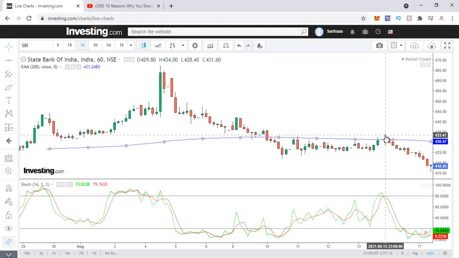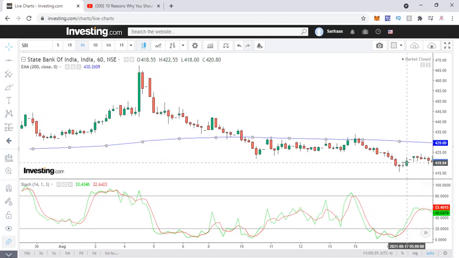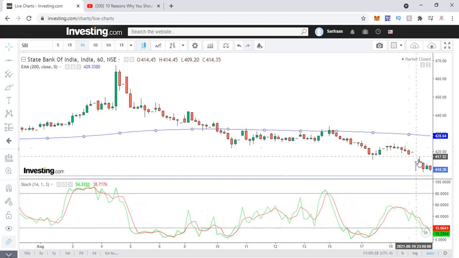Buy over here. That means if you have taken a short over here, and buy, as I told you, you're going to take a positive crossover over 200 EMA only. Now this is for those who want to be conservative. There's quite a possibility that after this hammer this will cross and move, so you will probably miss this rally till the 200 EMA, but along with that you will also ensure that some false spikes are eliminated.